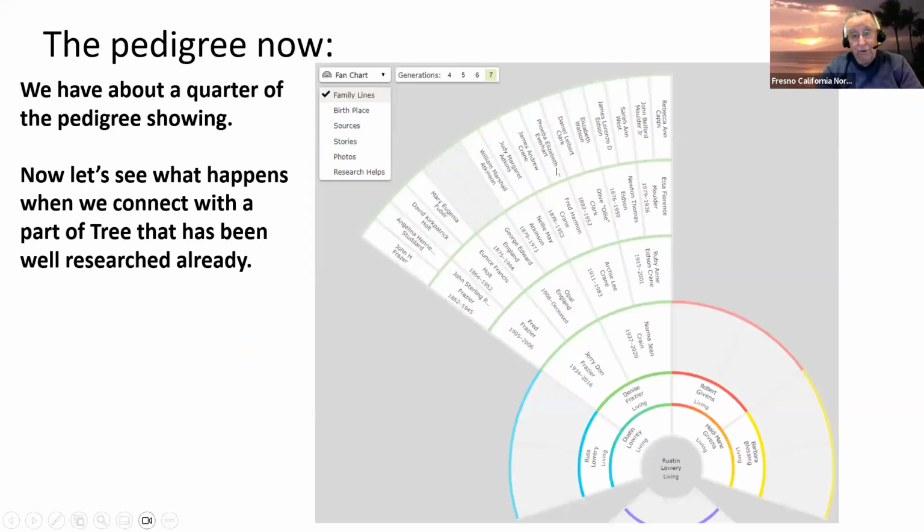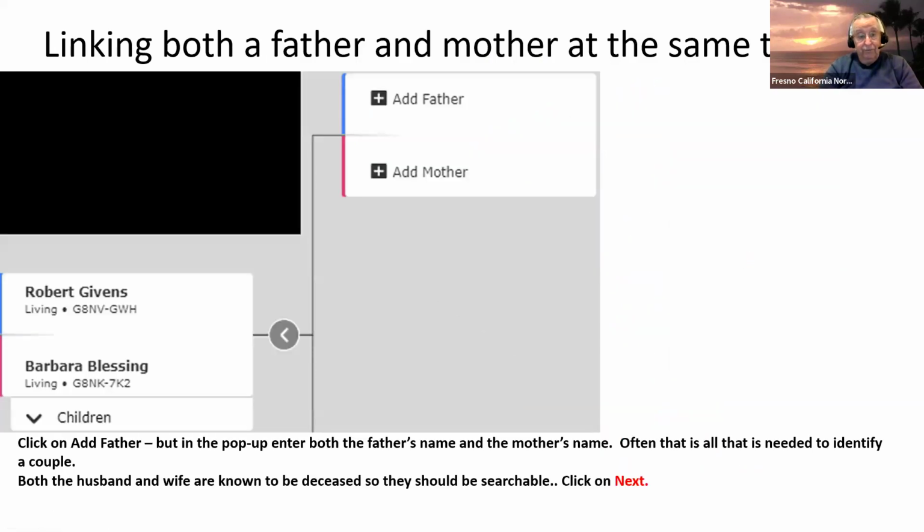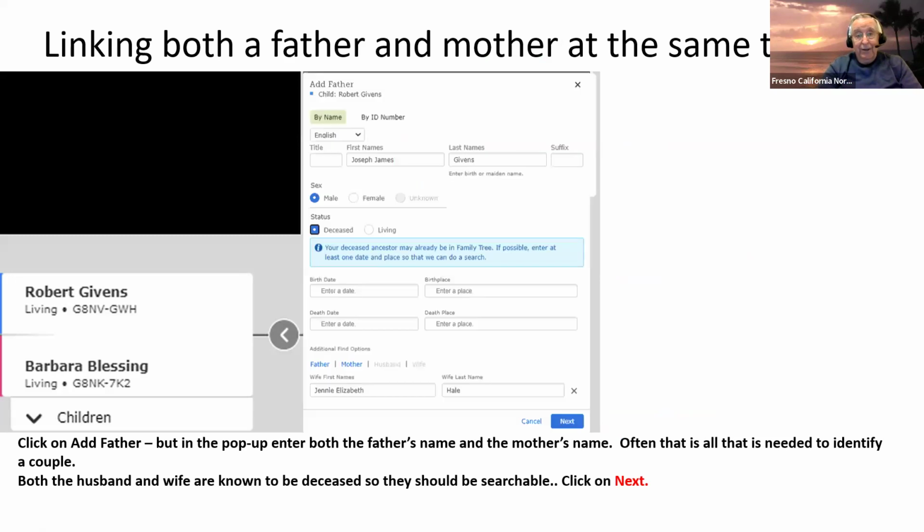So we end up with a complete record. And when we're done, we still have one little hole because the Englands haven't been traced any farther. So there's a place to work. Out of all these generations, that's really the only hole left in that wedge of the tree. Now, to do the rest of the family is very simple. You get over on the Given side and Blessing side, you have two researchers that have been doing a lot of work, a lot of temple work, so the names are in tree. It's going to be very simple to add that part of the tree in.